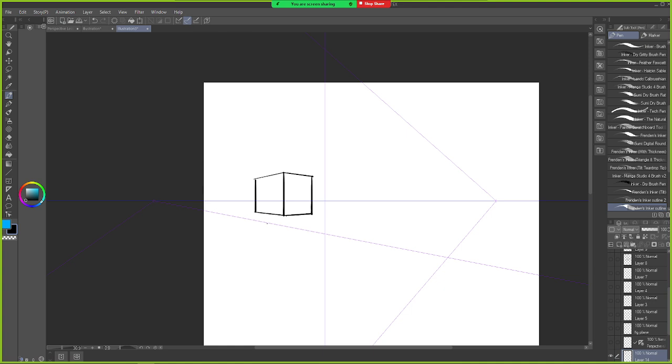So the object is closer to the one on the left. Let's draw the same object. Let's draw it closer to the one on the right. So if we look at this side right here,